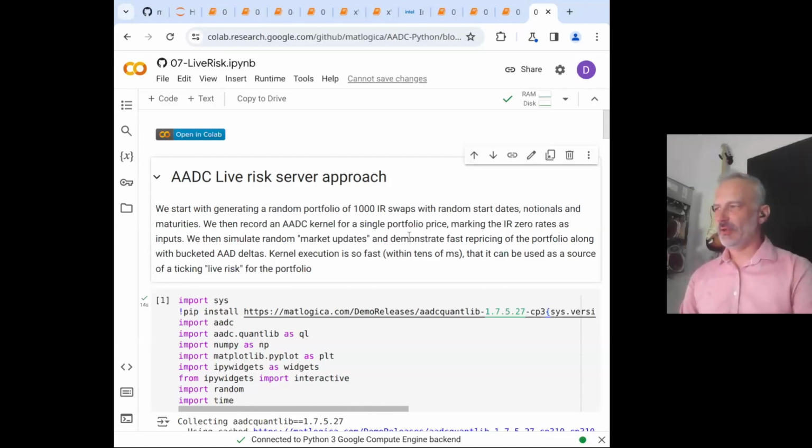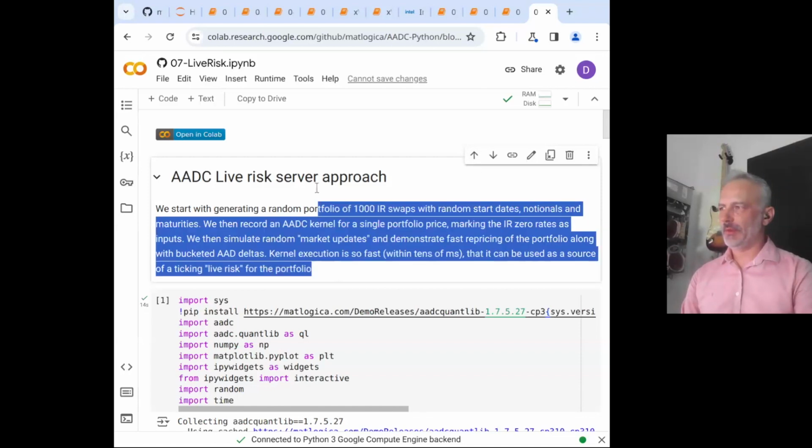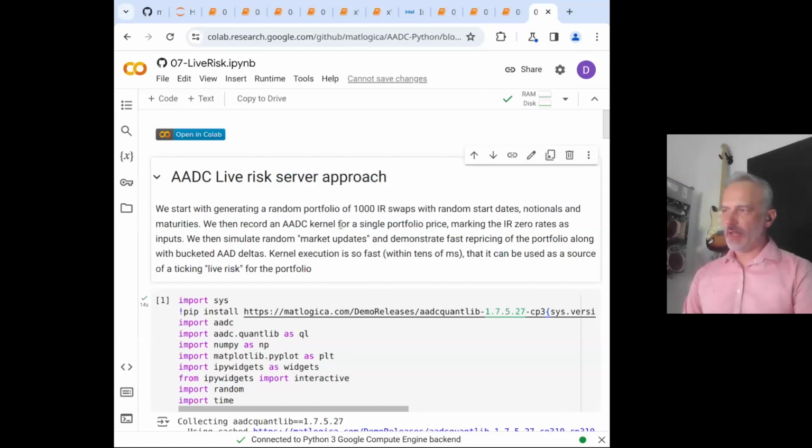Yeah, I invite you to go over this example probably in your spare time. So what happens here, we demonstrate this live risk, but in an instance when we have a portfolio that doesn't require Monte Carlo simulations, right? So MATLOGIC ADC was designed to record once and run many times, right? But in some cases, you have a one-off, like what happens in this instance.